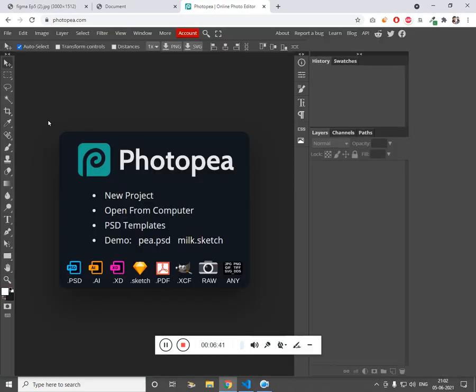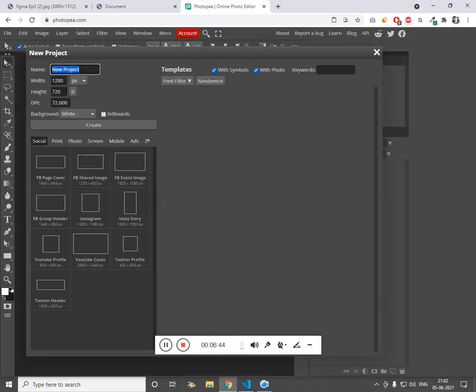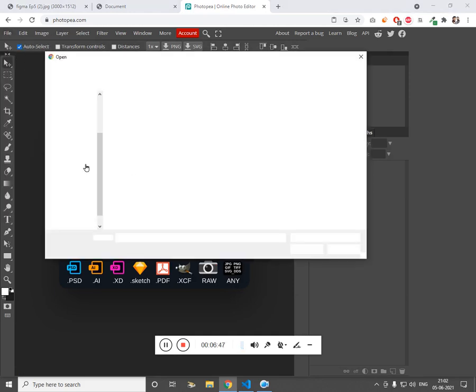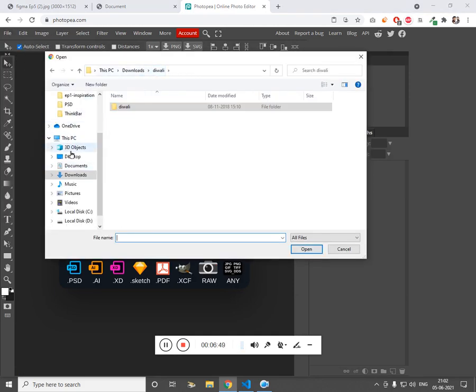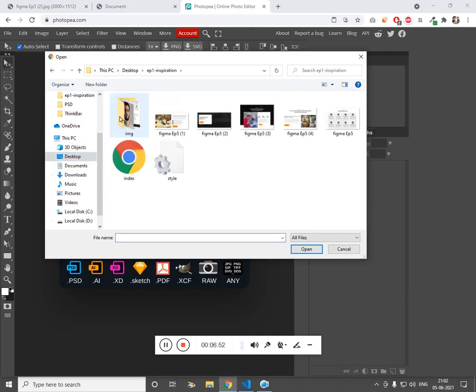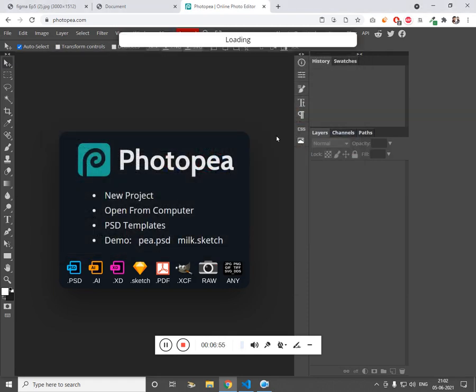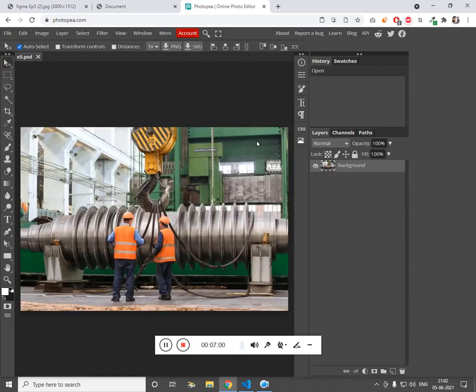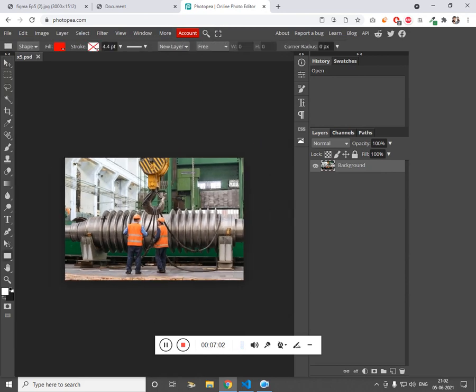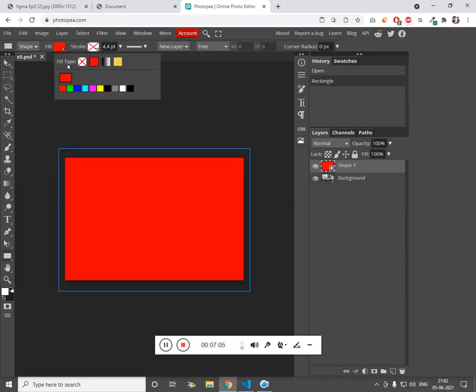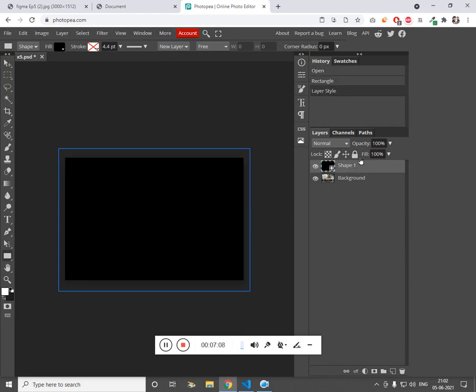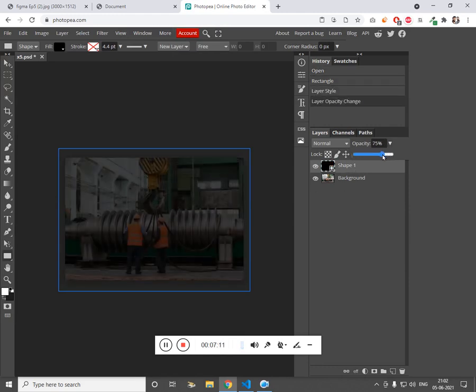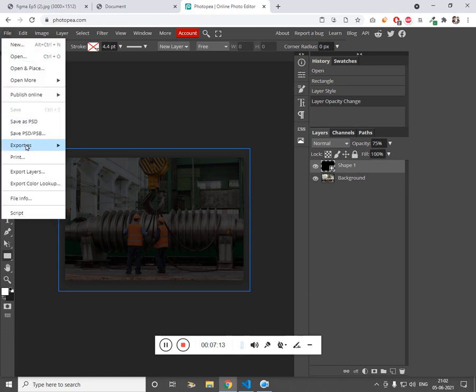We need to blur this. So in this video I'll show you how to blur this. Actually I should have done it earlier, but that's alright. Let me get the image on the desktop. Over here, let's choose this one. So you press U. U is for rectangle. Press U and just drag it over and change the fill to black, and select the shape and reduce the opacity. So that seems alright. Now just export it.